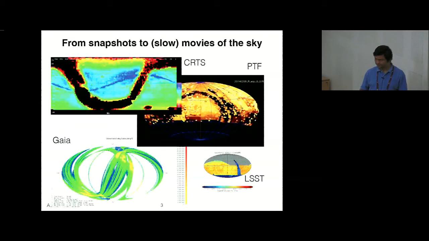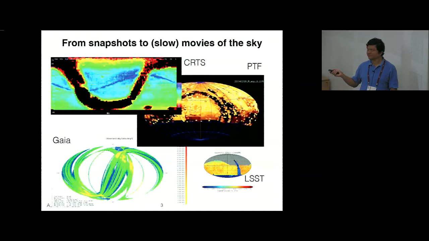So, a snapshot of the surveys that we have. Here is CRTS, for instance, which has been observing for more than 14 years, most of the sky, both in the northern hemisphere and the southern hemisphere. It doesn't use filters. PTF, for the last several years, has been covering a large part of the northern sky. Gaia started observing a couple of years back. It's going to have fewer observations, only about 70 in 5 years, but it has low resolution spectra, and of course the astrometry is going to be fantastic. As you can see, the types of data that these surveys get are very different from each other, and we should be able to find good ways of combining them.